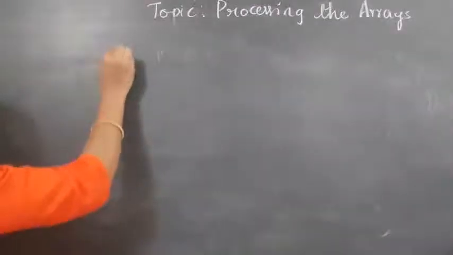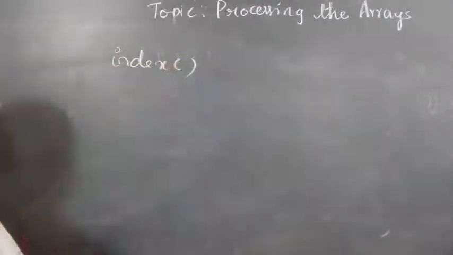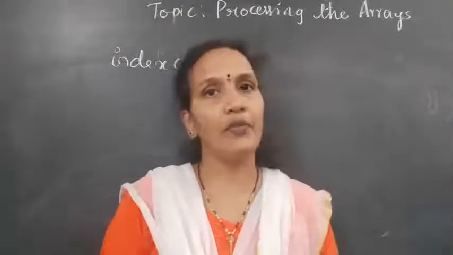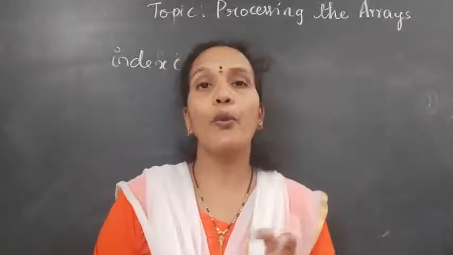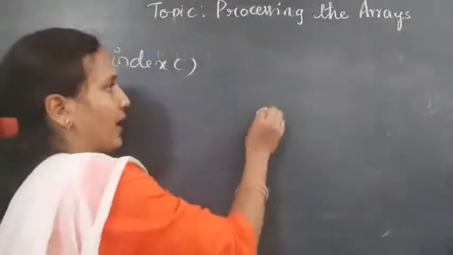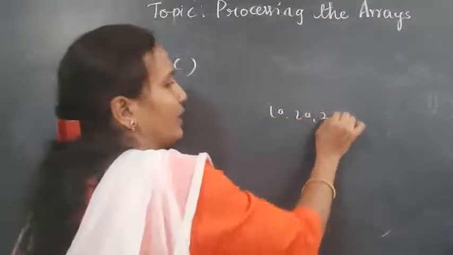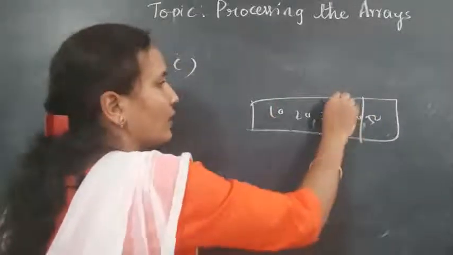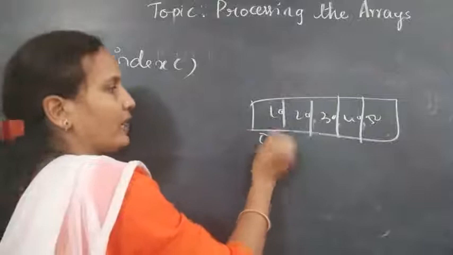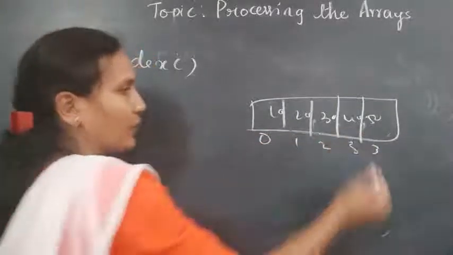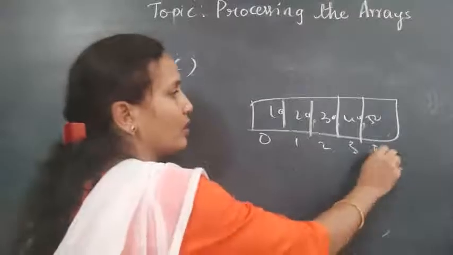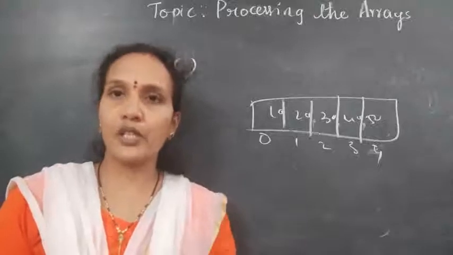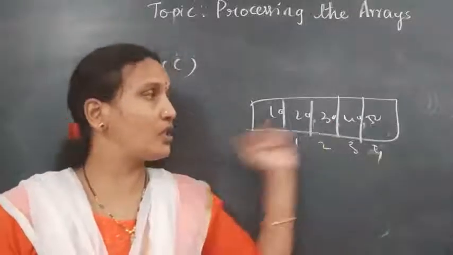Next method is the index method. Okay. So what is the use of the index method? As I already explained, each and every element in the array is identified with the index. What is the index actually? Position of an element. See, if you are given like this, array 10, 20, 30, 40, 50, 5 elements we have given. Example. So here when 5 elements are storing, each and every element is identified with the position 0, 1, 2, 3. Okay, and it starts with 0 and it ends with length minus 1. Example, if you want to find out position of any element, example, I want to find out the position of 30.